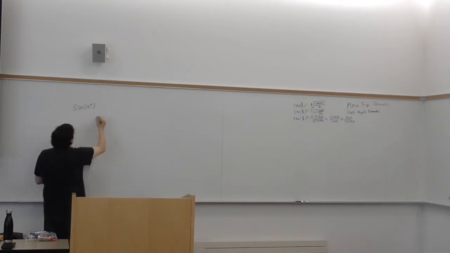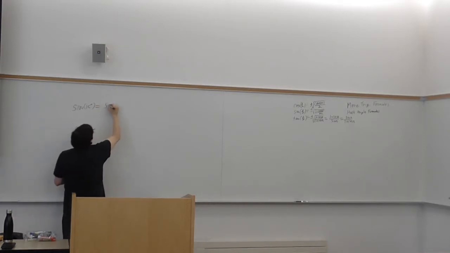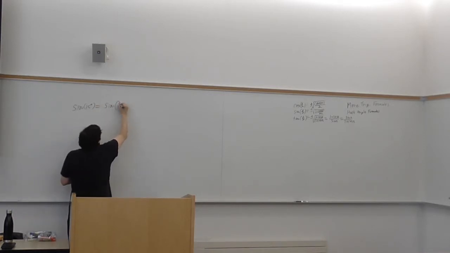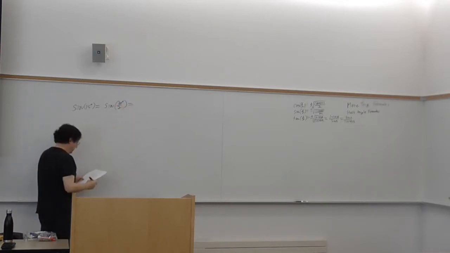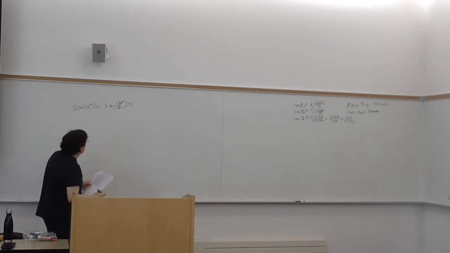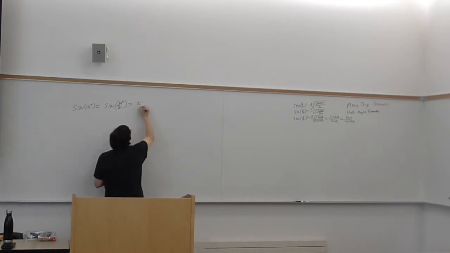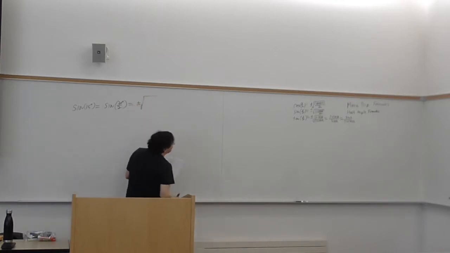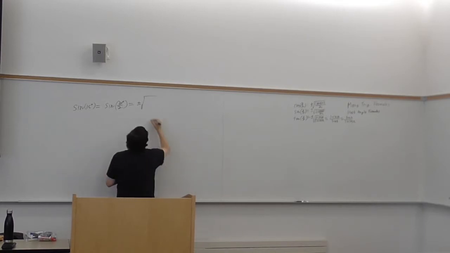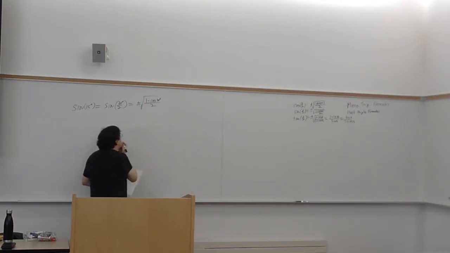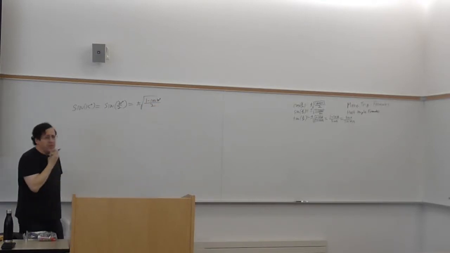Well, I know that the sine of 15 degrees is the sine of 30 degrees divided by 2. I can use my formula, which tells me this is the square root of 1 minus the cosine of 30 degrees over 2. 15 degrees,